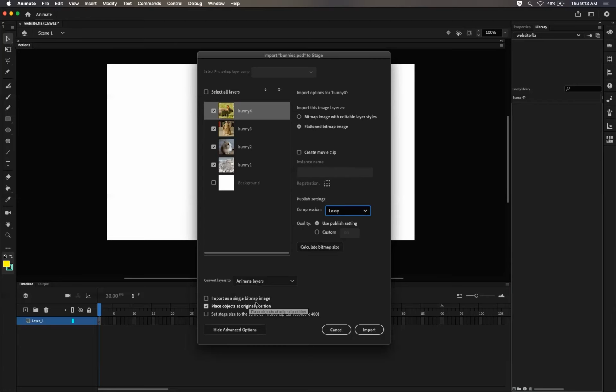We don't want to import it as a single image. We want these to be individual images. We definitely don't want to set the stage size to the Photoshop canvas size. We want to leave our stage size as it is. And we do want to place the objects at the original position, even though they're all going to be on top of each other because they're all in the same spot. Anyway, so we can go ahead and import